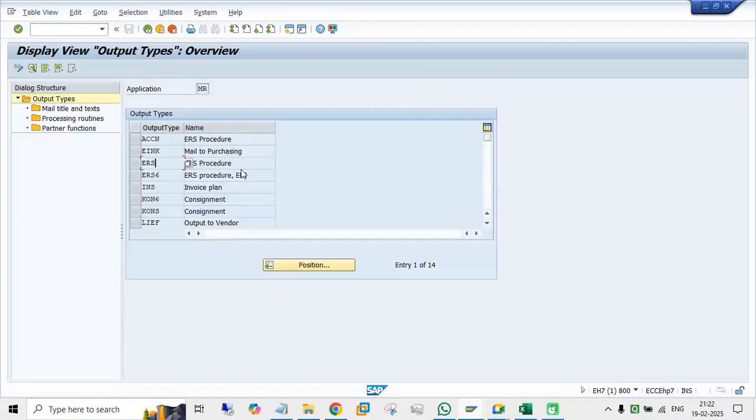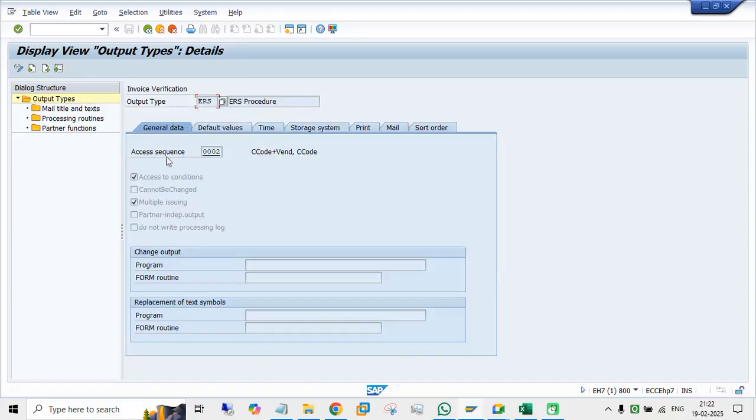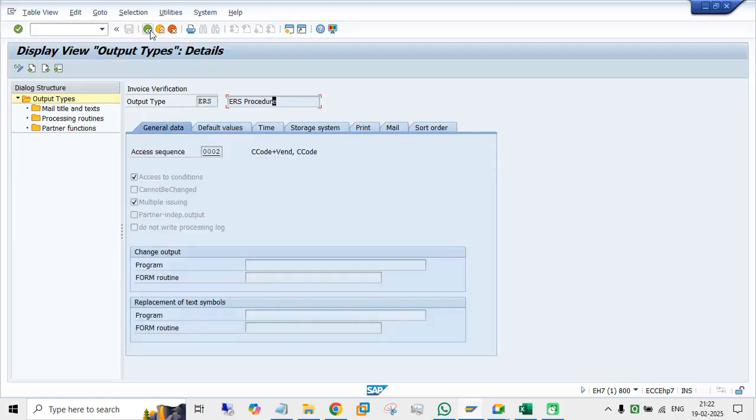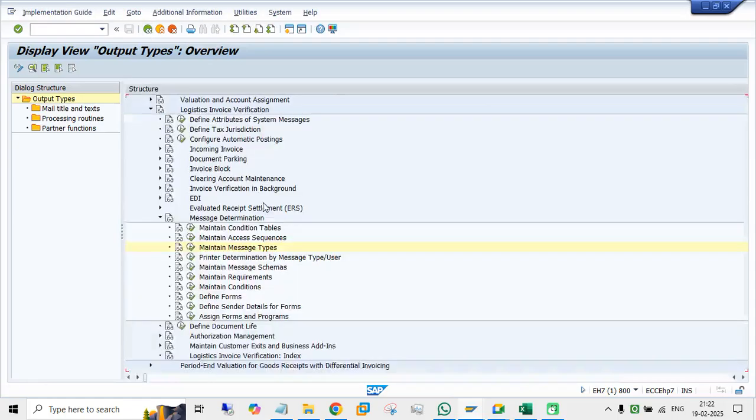ERS. See here, select this, double click on that. So this is the message type. See 0002, so it is assigned, and default value 3, printout. Everything is correct, no need to do changes. Now you have to maintain the